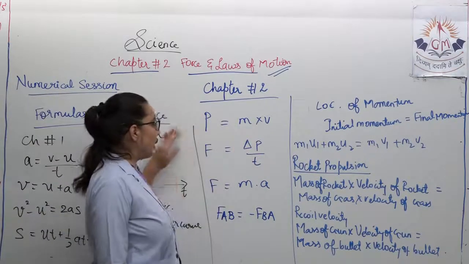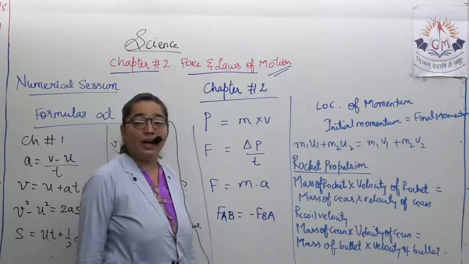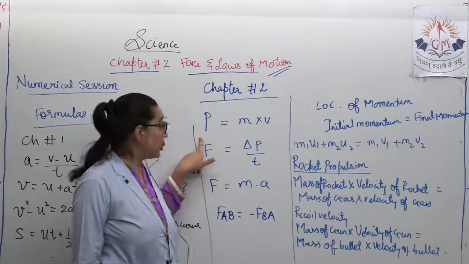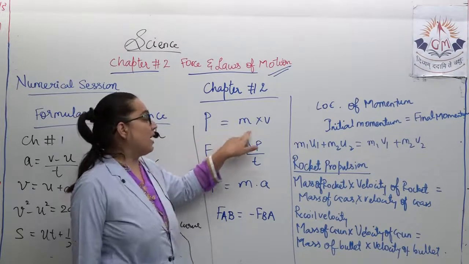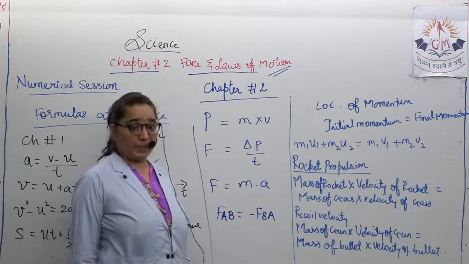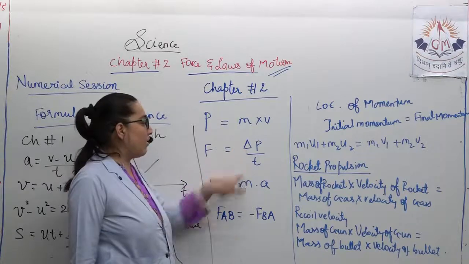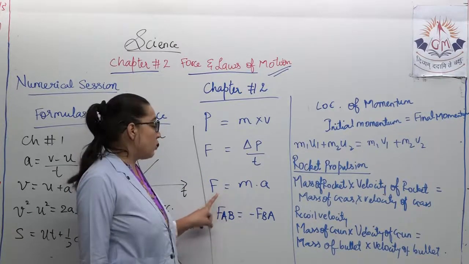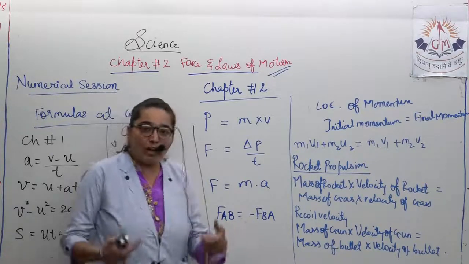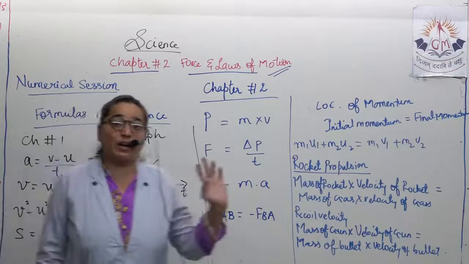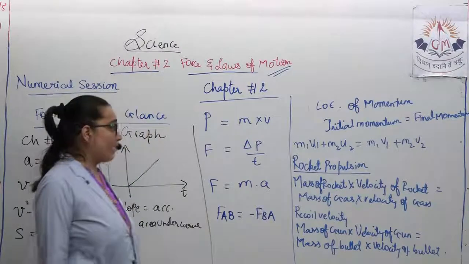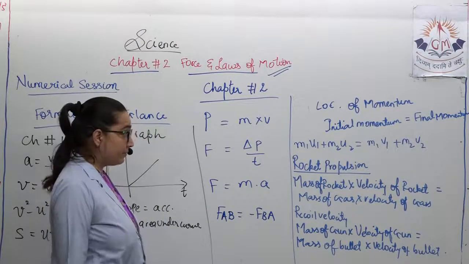Coming to the next equations, only this many for lesson number 2. First one, P. It stands for momentum, which is equal to the product of mass and velocity. Its SI unit is kilogram meter per second. Force is equal to the time rate of change in momentum. Force is also equal to the product of mass and acceleration. Force acting on A by B is equal to force acting on B by A, but they are opposite in direction. This is again a concept that you need to put in your brain.